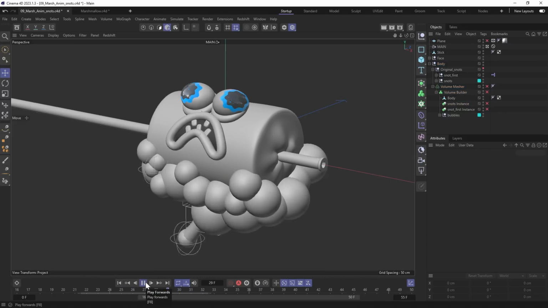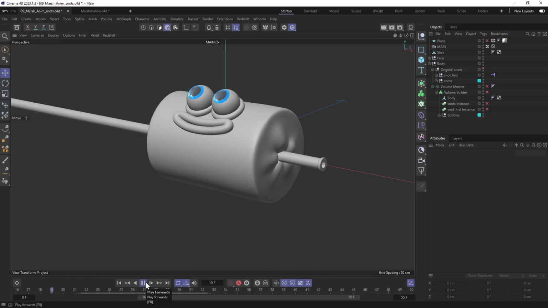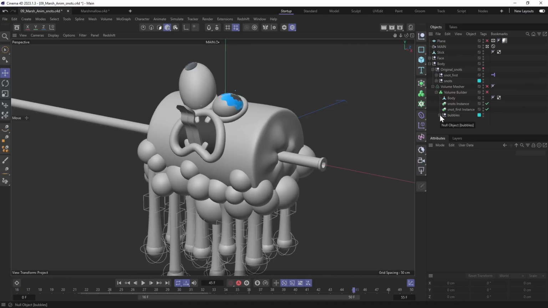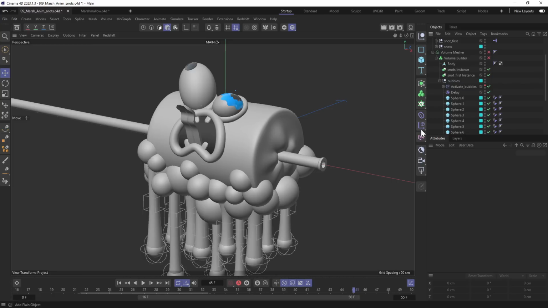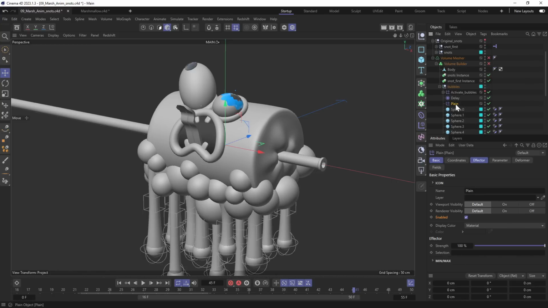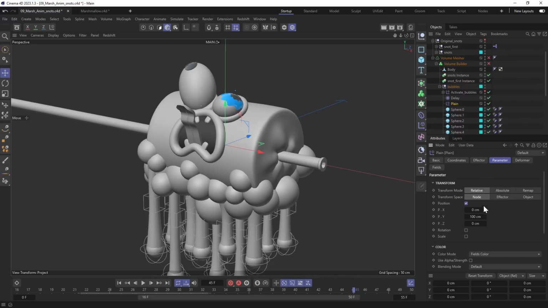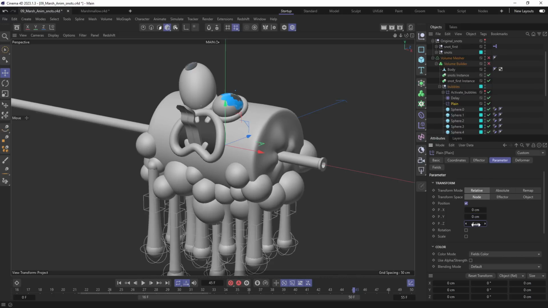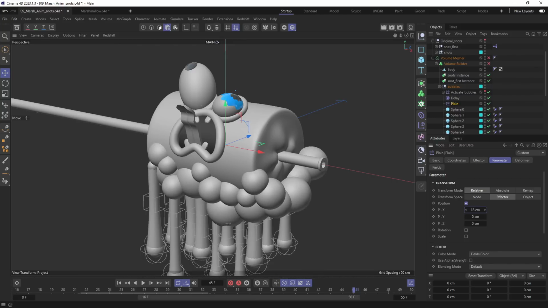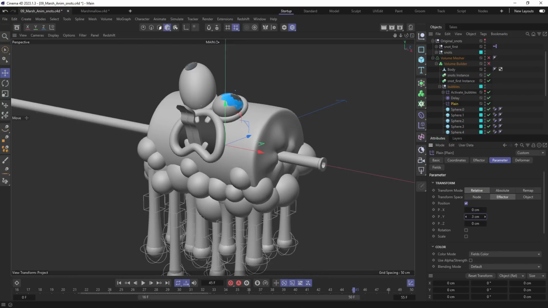I'll throw in a couple more ideas how to add more details to the animation. For example, when he starts to scream, we can make the bubbles flow down a little. For this, I'm gonna use another plane effector. Now they move along local coordinates, but I wanna move them down. To fix it, set transform space to effector. Now they move in effector space. I'll just move them down a little along y-axis.